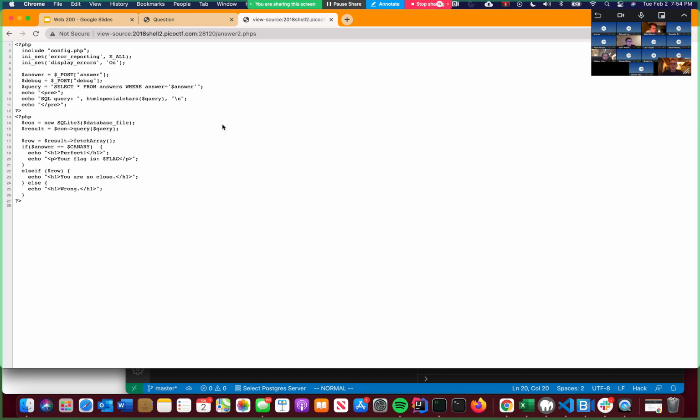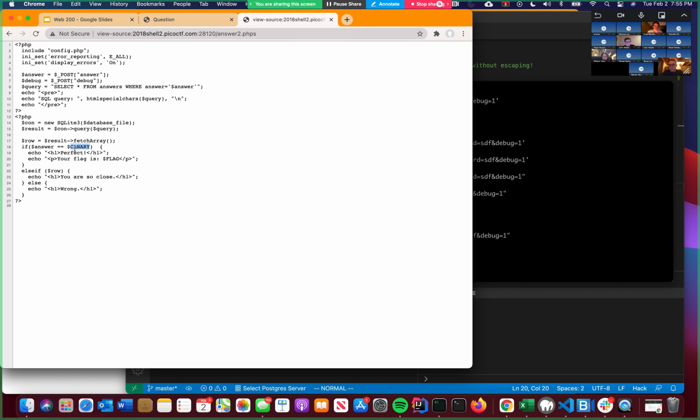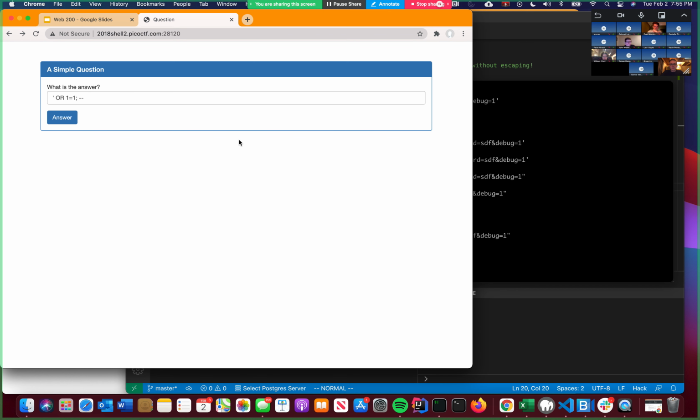It's like it's just going to say we're wrong. So basically, we know it's SQL injection. We got that. But now what we want to do is try to figure out what the canary is. And the way that you figure out what the canary is, we have to do something called a